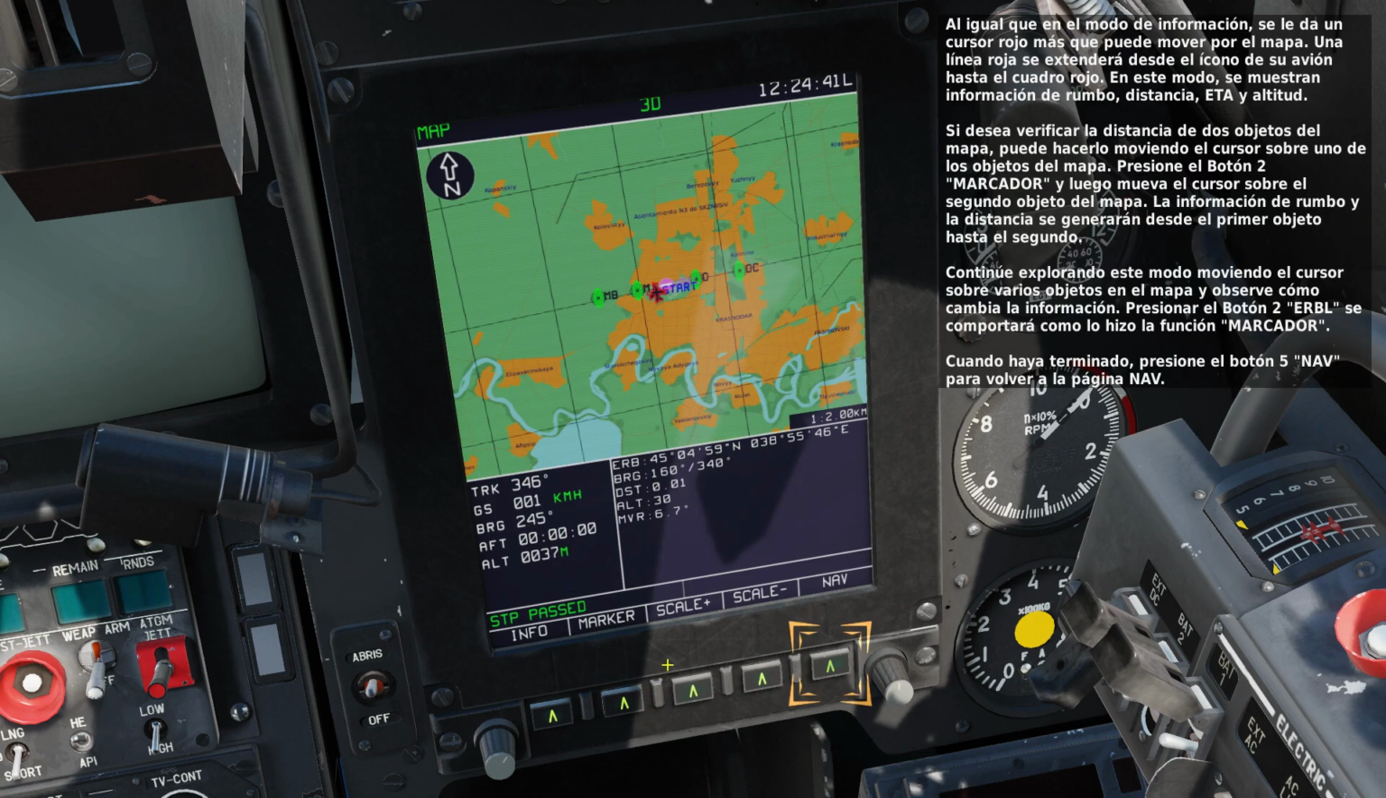Like in the info mode, you are given a red plus cursor that you can move around the map. A red line will extend from your aircraft icon to the red box. In this mode, bearing information, distance, ETA, and altitude are displayed. If you wanted to check the distance of 2 map objects, you can do so by moving the cursor over